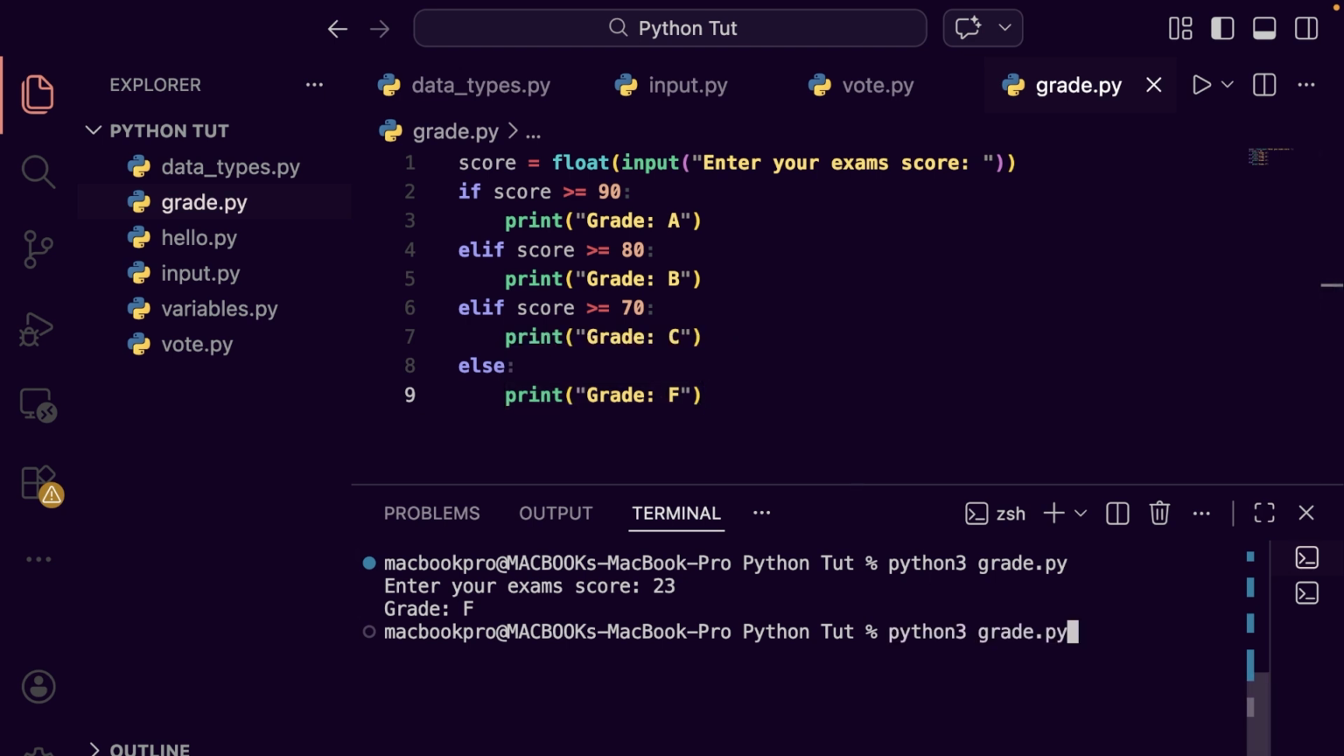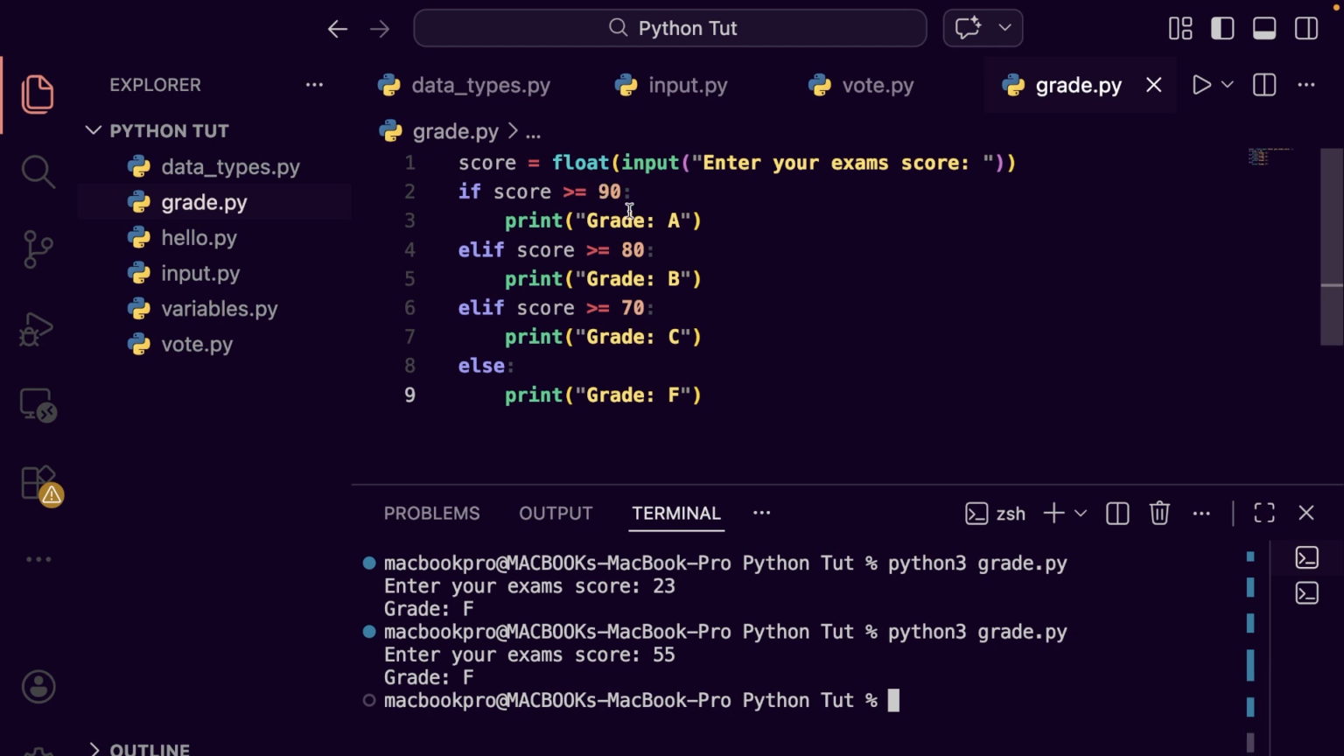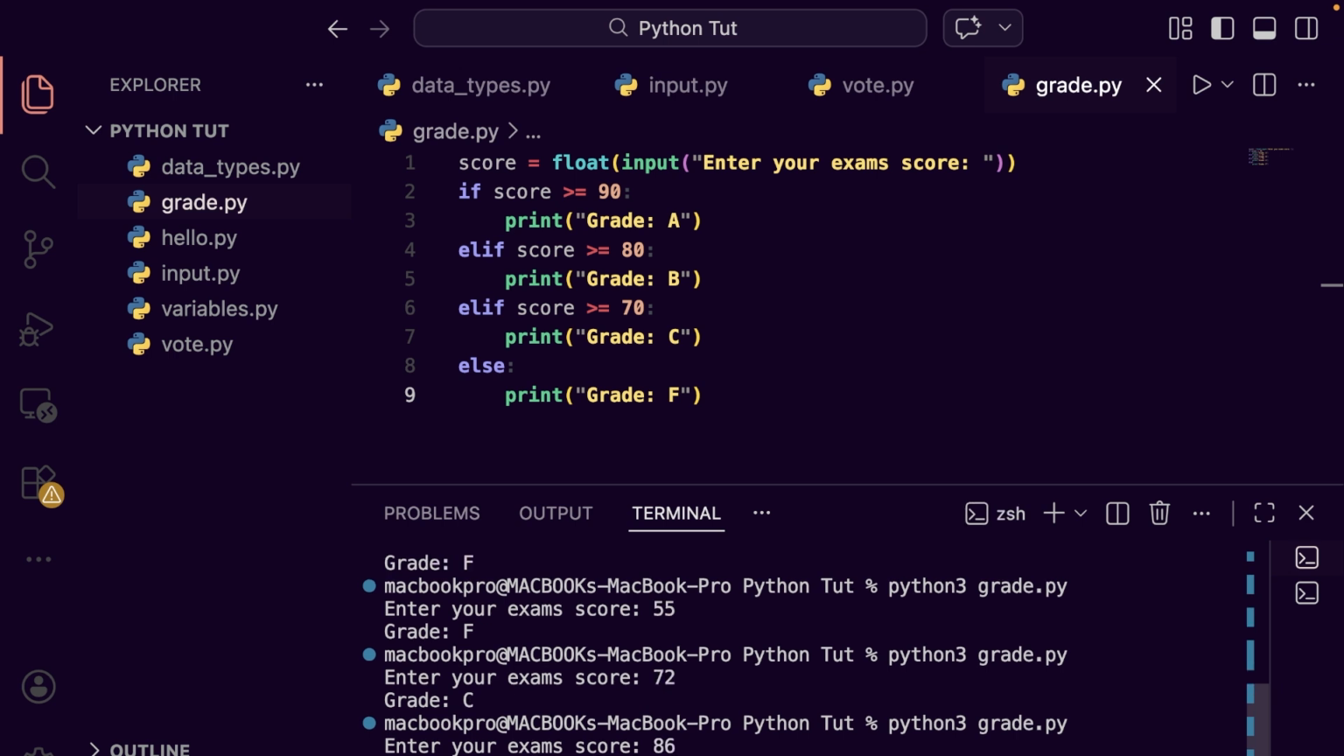So let's try another example. Let's say I had 55, is grade F. Why? Because 55 is less than these numbers. Okay, let's try something else. Let's say 72. So 72 is C. Why? Because 72 is less than 90, less than 80, but greater than or equal to 70. So I will get C. Let's try another. Let me say I had 86. So 86 will be B. Why? Because 86 is greater than or equal to